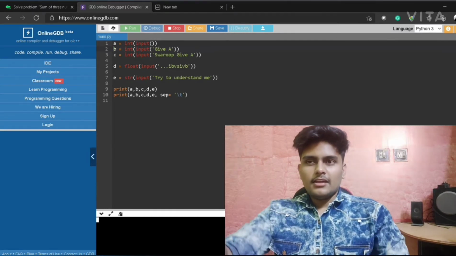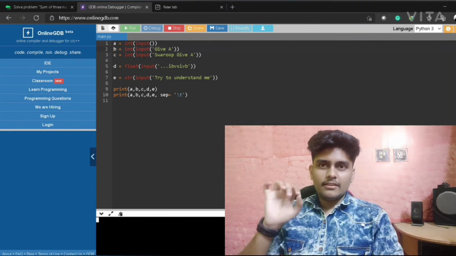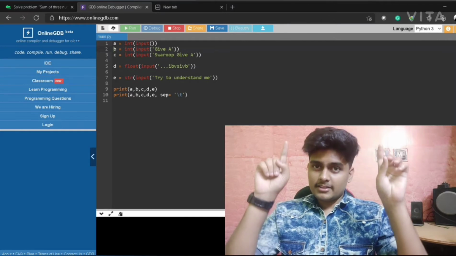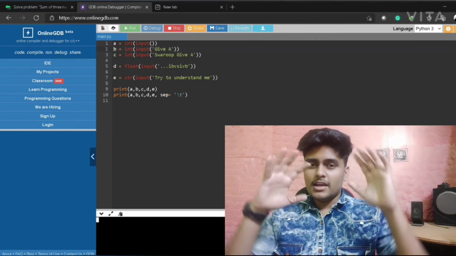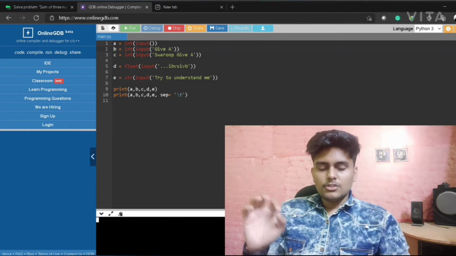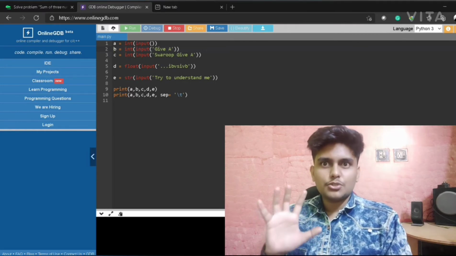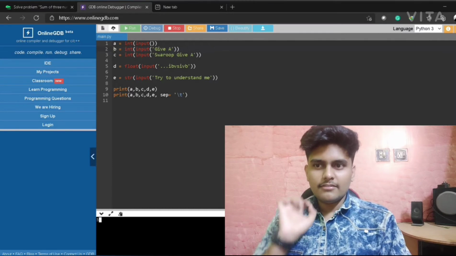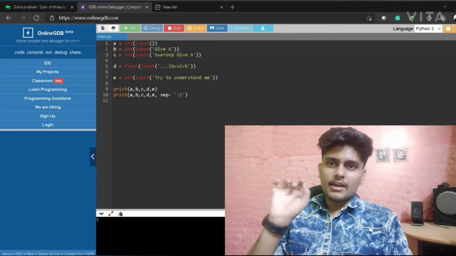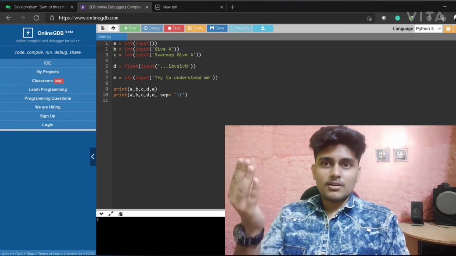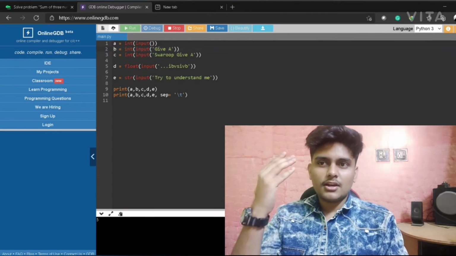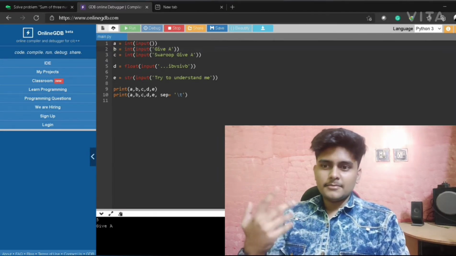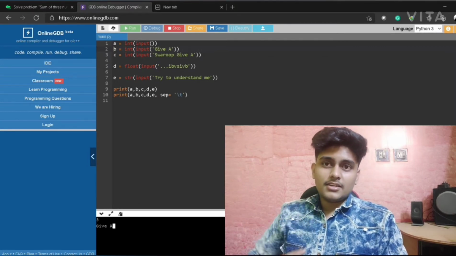Now see, in the first line I have said give input for a, and I have not written anything inside the brackets after input, so it won't give any message to me. So we will just directly assign a value 5. You can see over there we are assigning 5 to the integer variable a. So we will press enter and you can see here it's asking for give a.